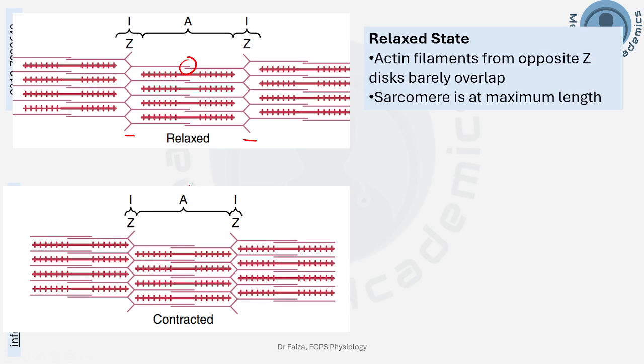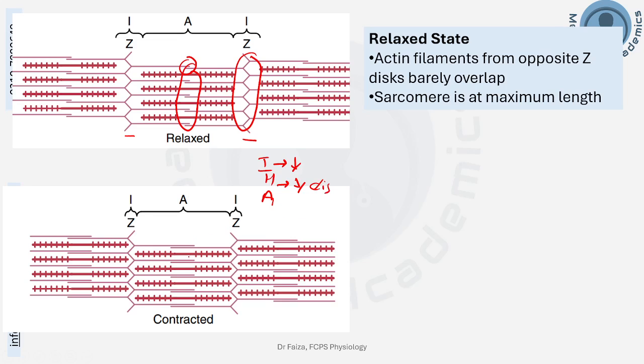The actin filaments have barely started to overlap each other, whereas after contraction, you can see the overlap of actin filaments has increased. And if we have a clear look at the I band, H band and A band, let's see what has happened to these. The I band, this area, in case of shortening or contraction, has reduced. The H band, this area, has also much reduced, and in case of extreme muscle contraction as shown in this image as well, this may even disappear.